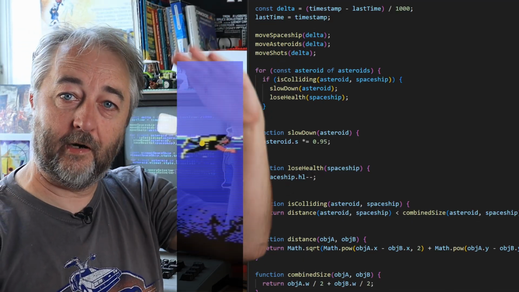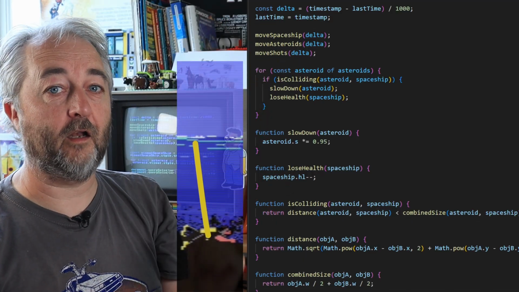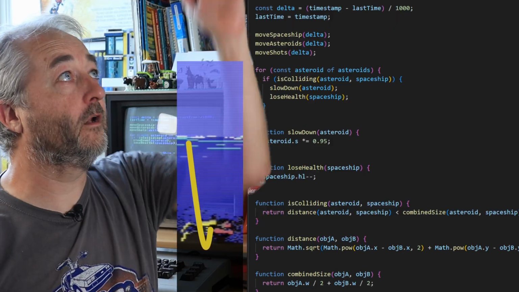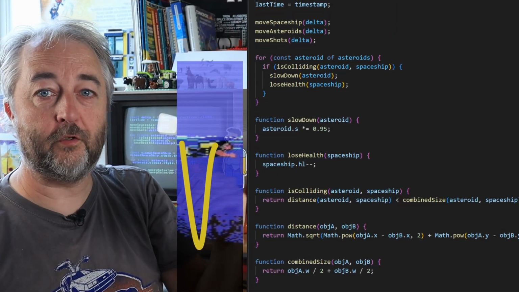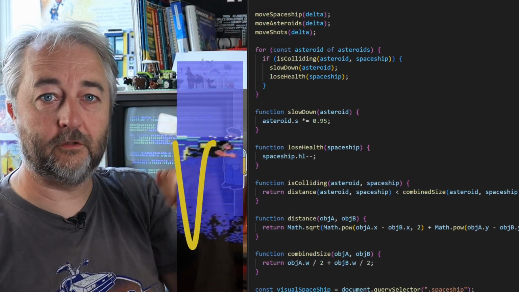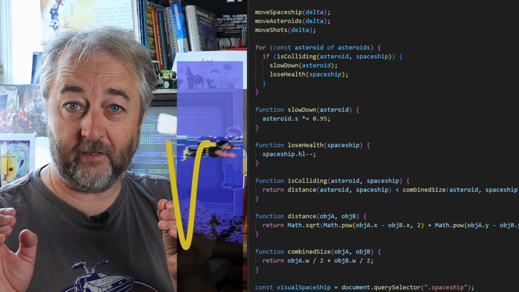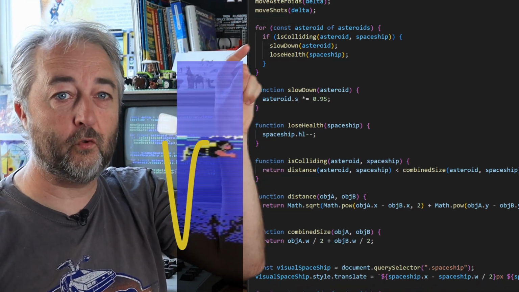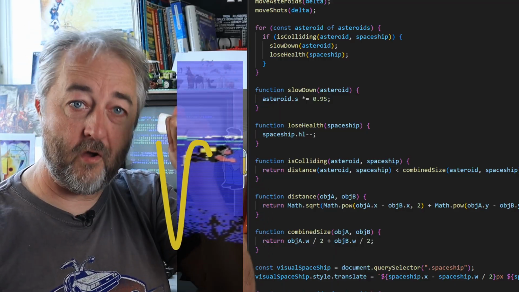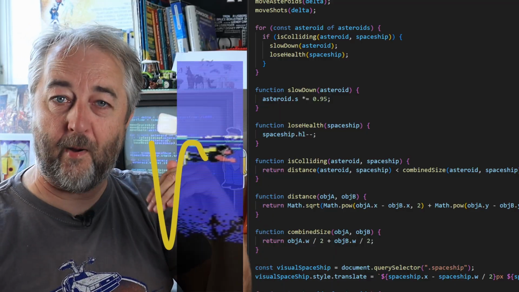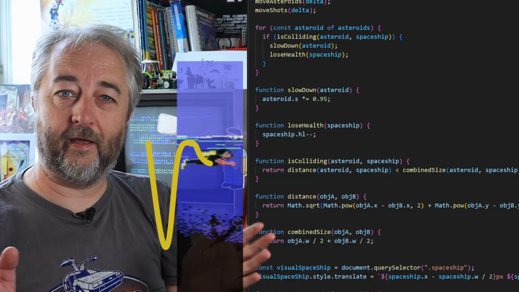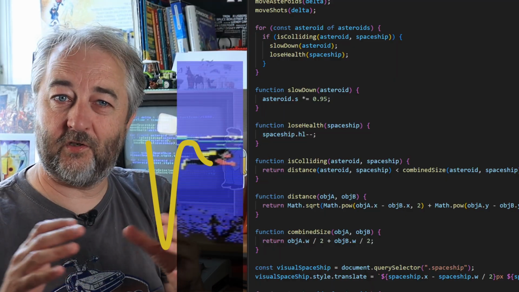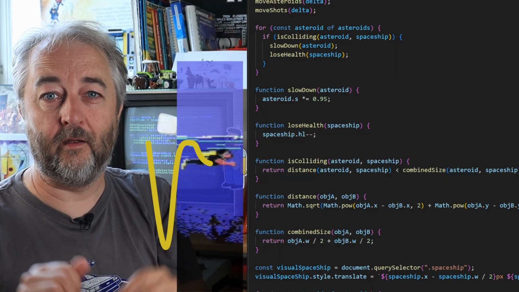We begin at the very bottom with the delta calculation, and then immediately go to the top just below the surface with the move functions. And provided we don't dive into them, we stay near the surface until this for loop, which is a bit deeper, and then we go even deeper by diving into it. Unlike the functions, we can't just skip code that is actually there.